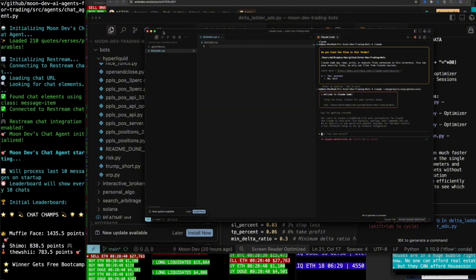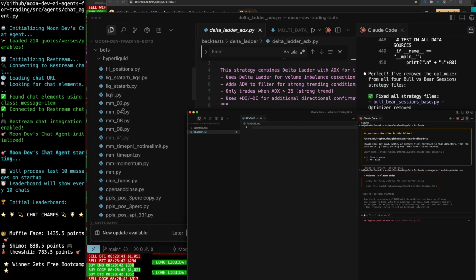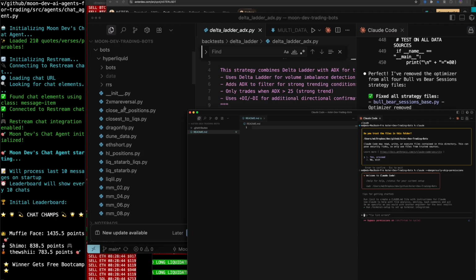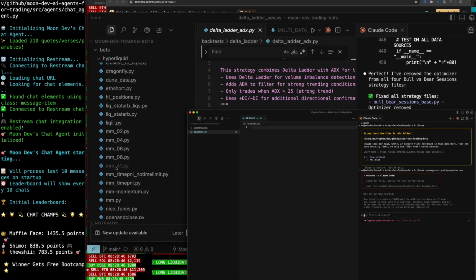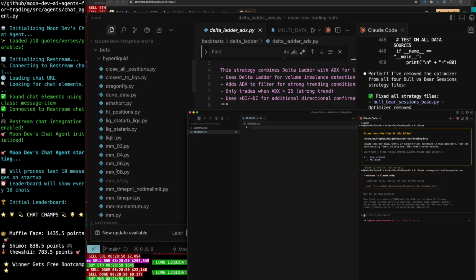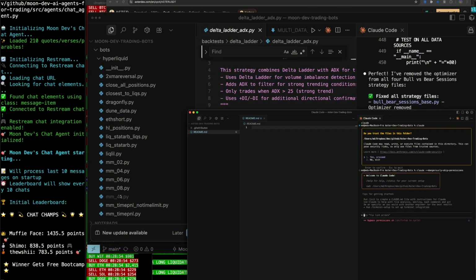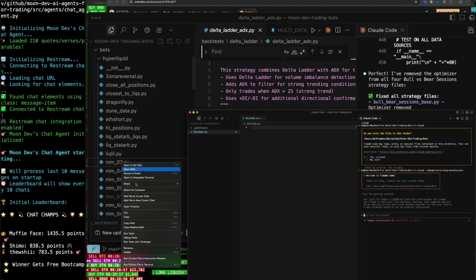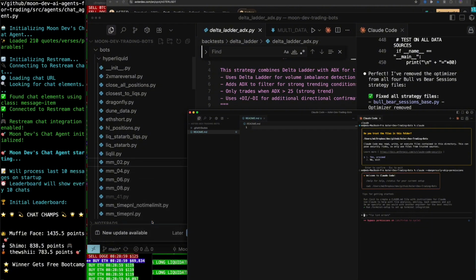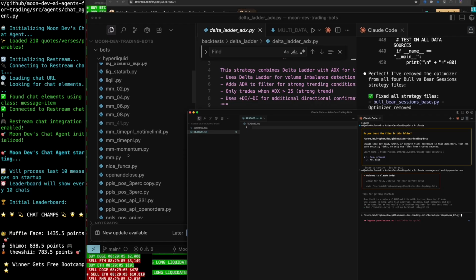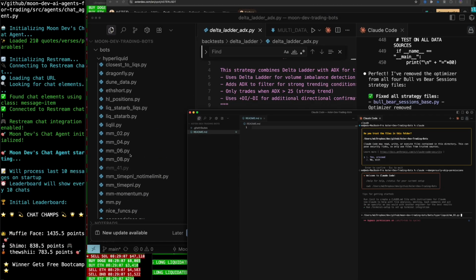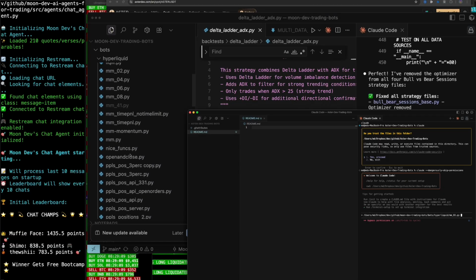Let's give it access to our Hyperliquid bot, or one of them. Here, let's just put, well, MM41 looks nice and sketch. Like it's not on the GitHub, so I like that. Let's give it MMO2, copy path. Here's an example of a Hyperliquid bot, and you can use the nice funcs file in that same directory. It has pretty much all of my functions, that file that I attached you to, and then the nice funcs